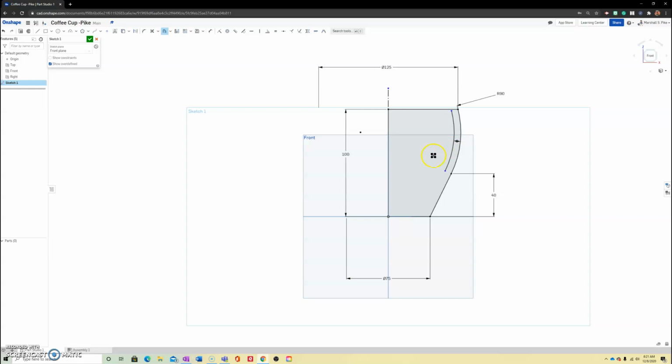And now the next one will be this line. Again, left click, hover, left click on the arrow to change the direction. Left click again to open the editing dimensional box. And finally, I will do my bottom one, which will be 6 millimeters. And what you're going to notice now